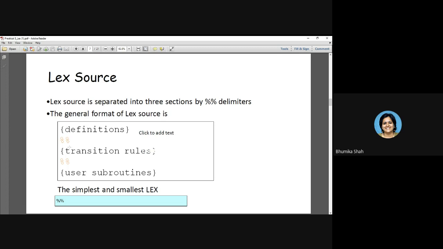If you observe, between every 2 sections, we have written 2 percentage signs immediately without any space. It is necessary that this sign should start in the first column itself, otherwise it will give you an error. These 2 percentage signs indicate the separation of two segments. So as we have 3 segments, there will be 2 separators, as you can observe over here.